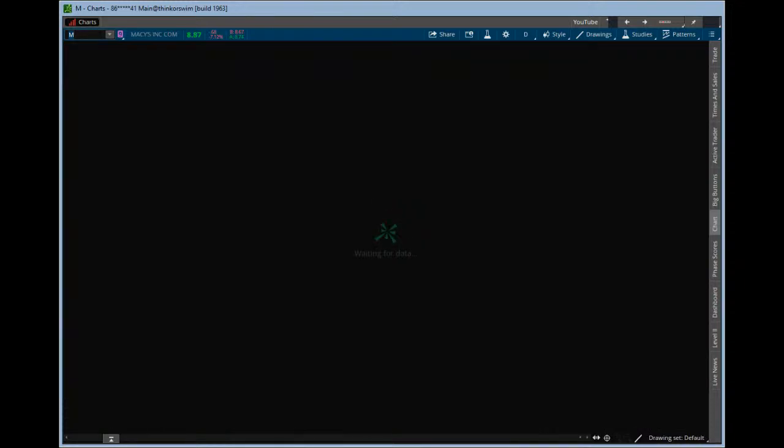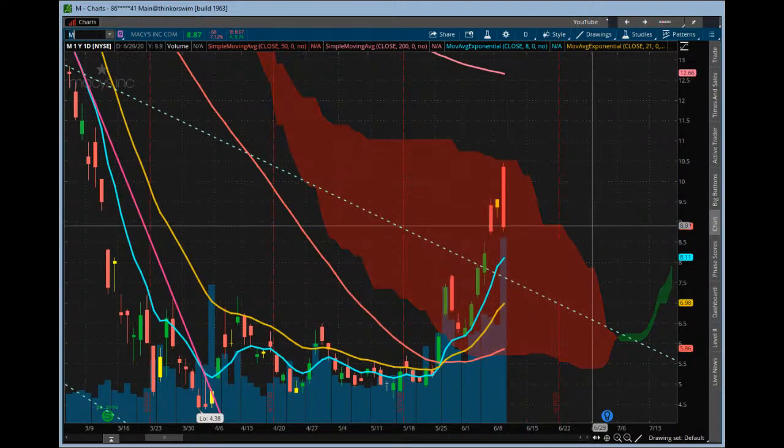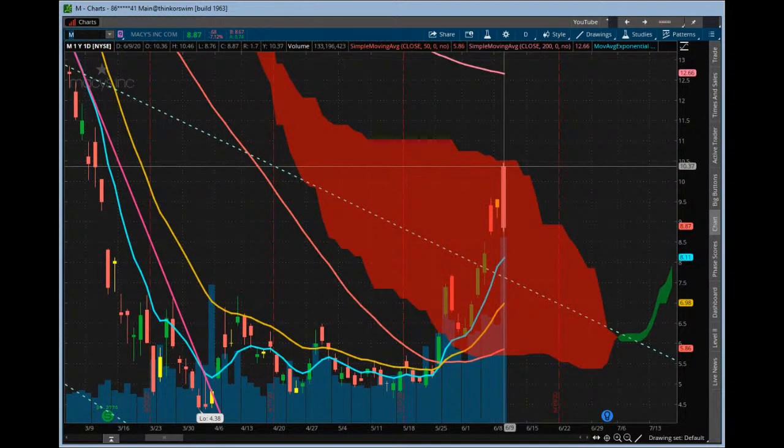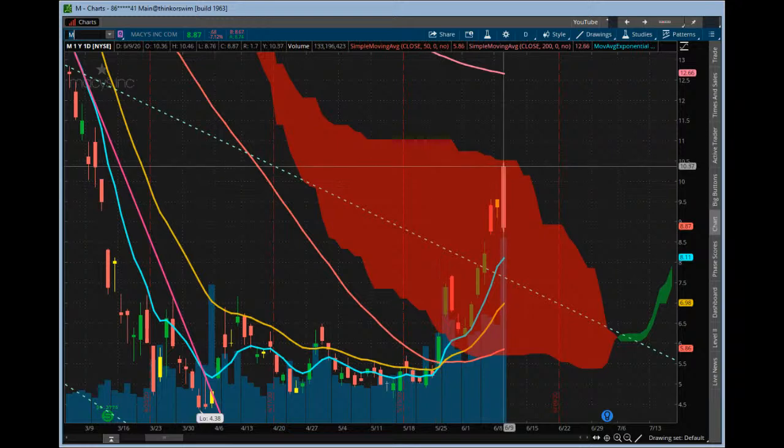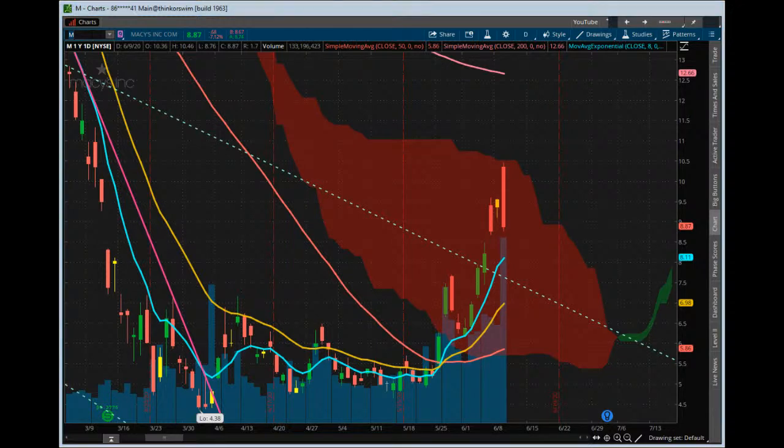Had a nice pop after hours on the funding news. Ended up gapping up and then really just kind of reclaiming a lot of that range today. Big volume on that one to the downside as it took the inside day down. I think people just got kind of tired of it, couldn't get over the cloud, and dropped it there today. So let's see what it does. It's got a gap below. That actually does look pretty interesting going into tomorrow.